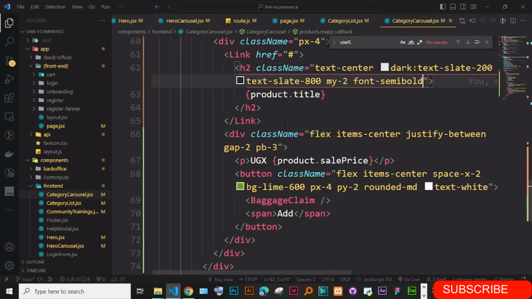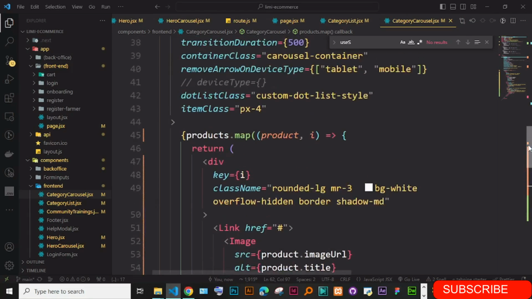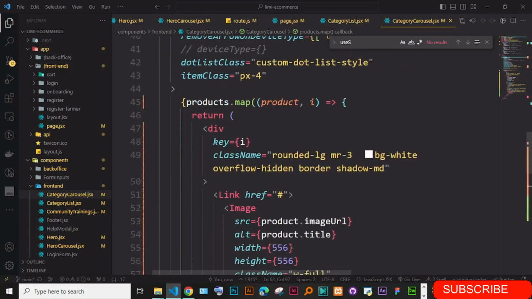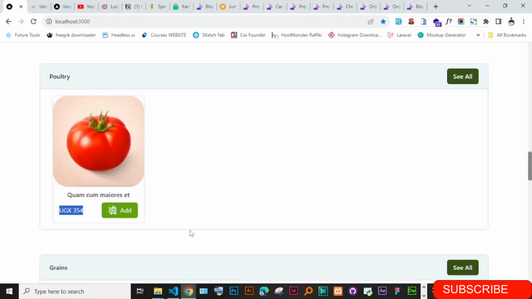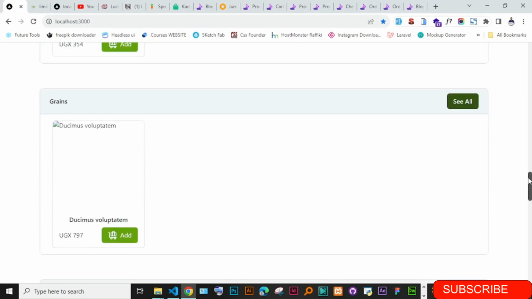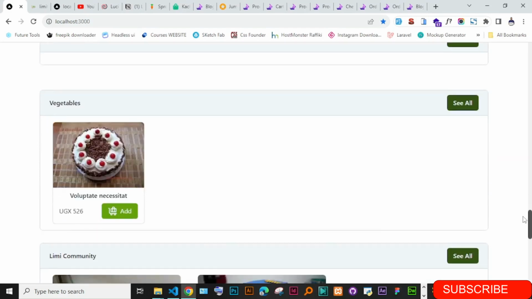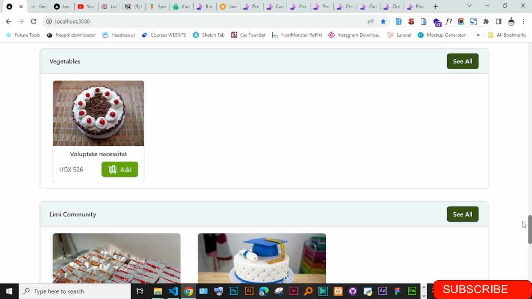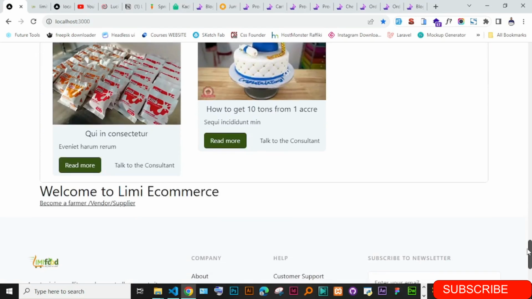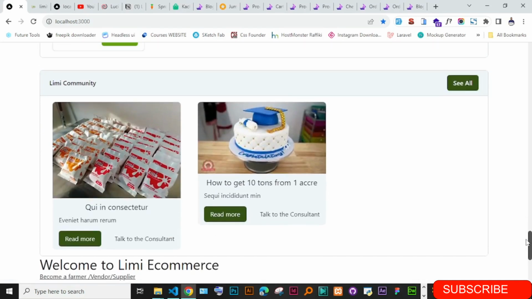And the shadow should be really shallow. I could even remove it, but I'll just leave that shadow like that. Okay, so now what we need to do is add some products to these products, and add more items so that we actually have